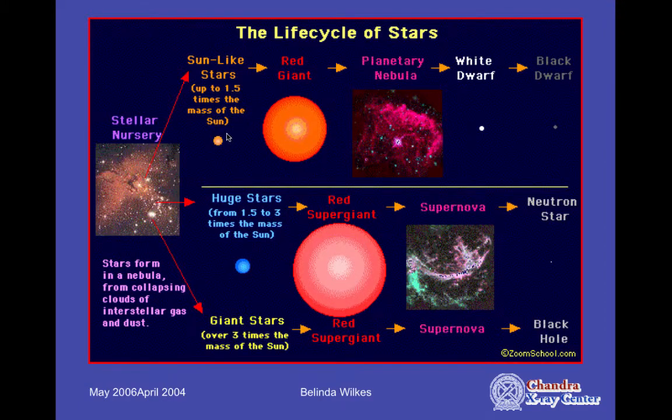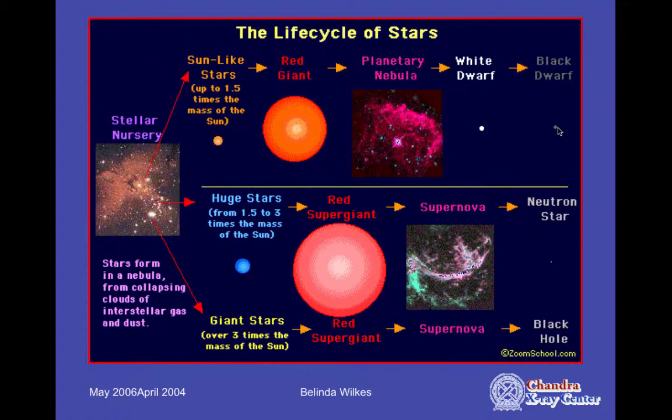And when they start to burn out, okay, all of a sudden the energy is bigger than the gravitational attraction. They've lost a lot of their mass. They expand and become a red giant. When our sun does this, it'll actually fill up further into the solar system than where our Earth is. So it will actually burn out and destroy our Earth when that happens. That's the bad news. The good news is this is not going to happen for millions and millions of years. And then it basically explodes and gives off all this material and becomes what we call a planetary nebula. It leaves a little cool white star in the middle that's a white dwarf that eventually burns out and becomes